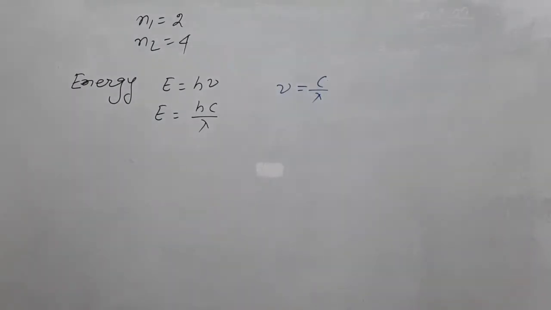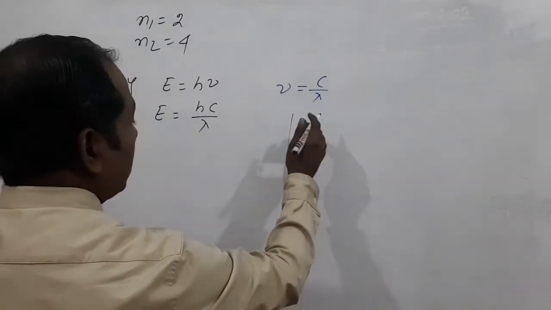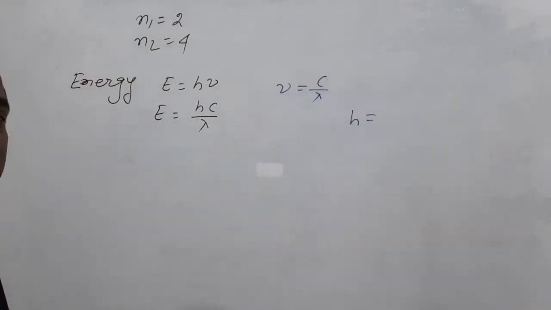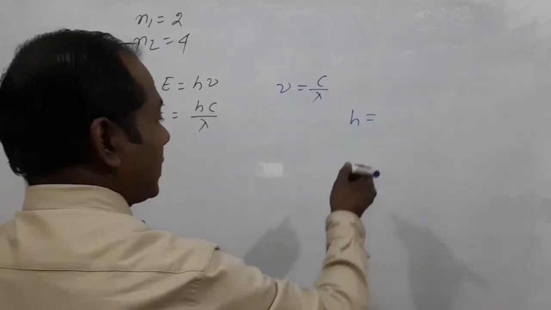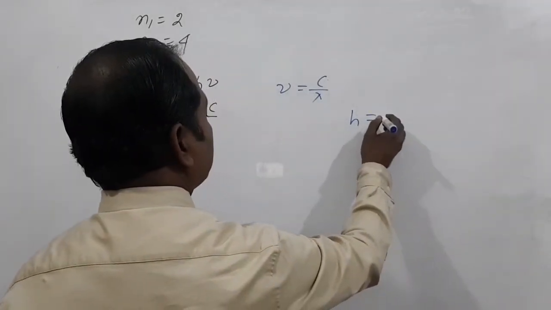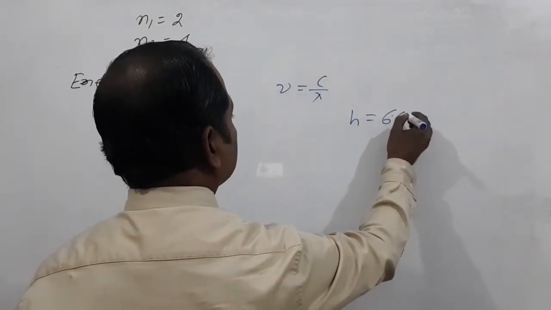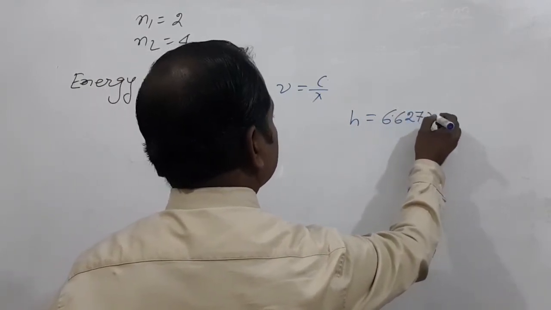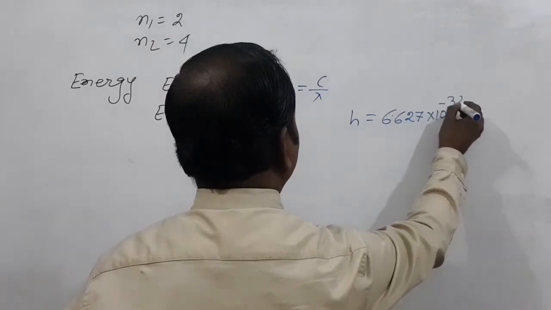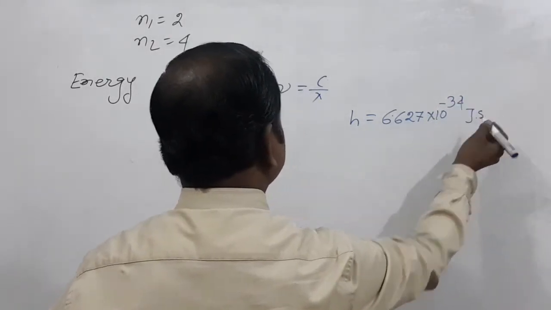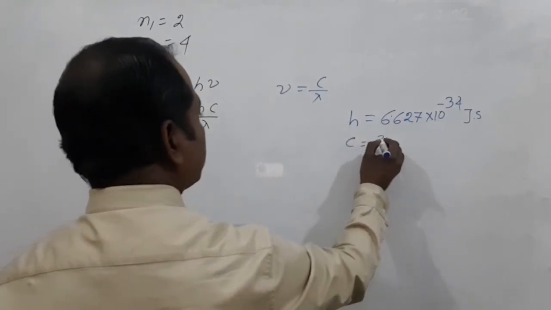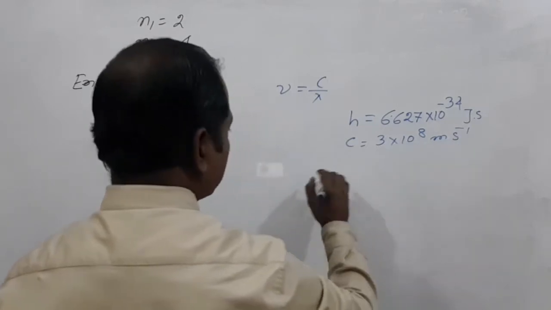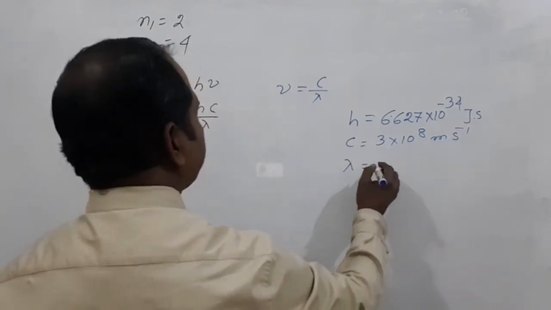Okay. Now the value of h is Planck's constant, my dear students. H is Planck's constant, and the value of Planck's constant is 6.627 into 10 to the power minus 34 joule second. C equal to 3 into 10 to the power 8 meter per second, and lambda, we get the value of